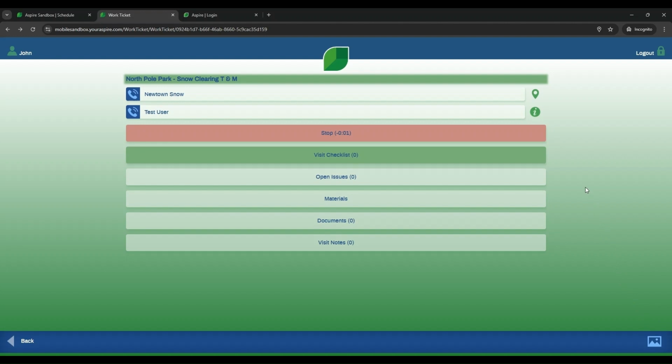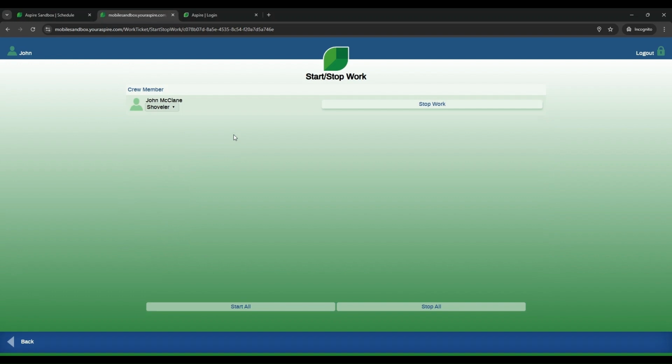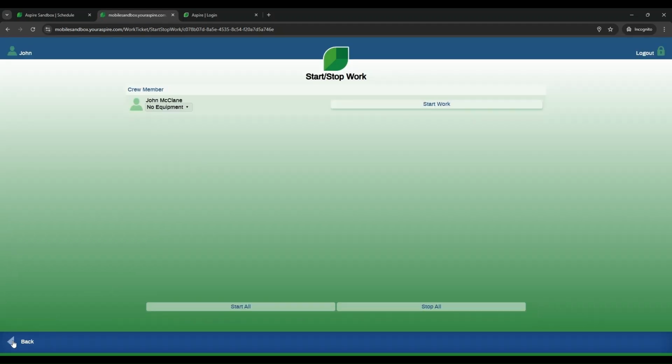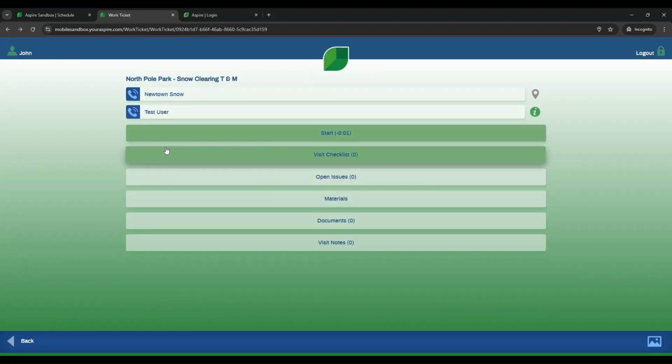When work for the job is finished, hit the red Stop button. Hit the Stop Work button next to your crew member, or hit the Stop All button at the bottom. When checking out of a snow ticket, do not mark the ticket as completed, as it can continue to snow after we leave. Now if I go back, we can see that our crew has been clocked out of our